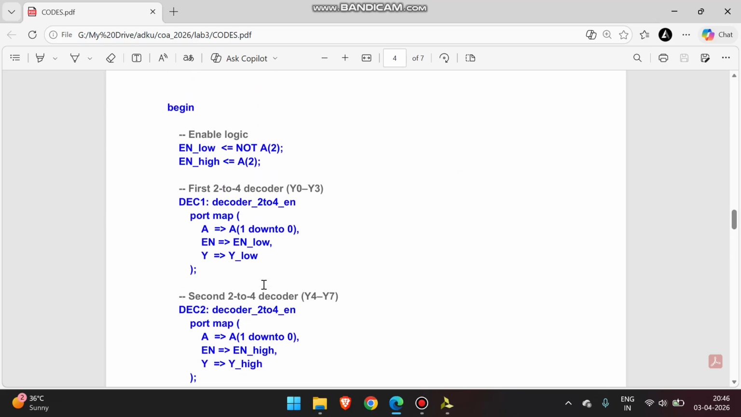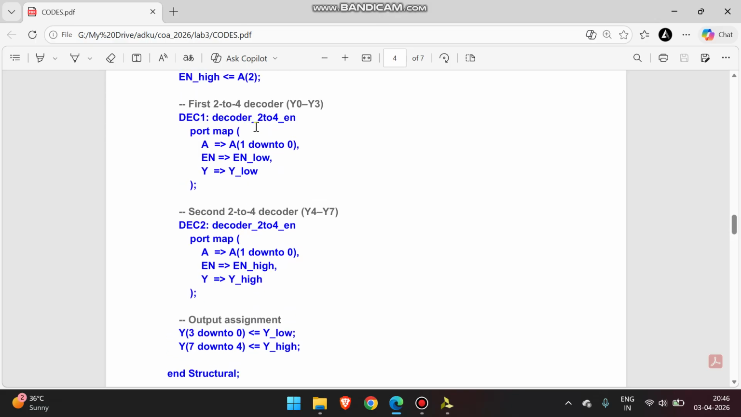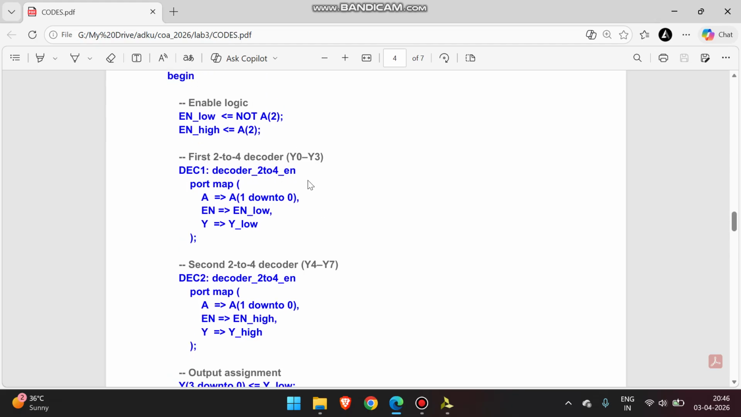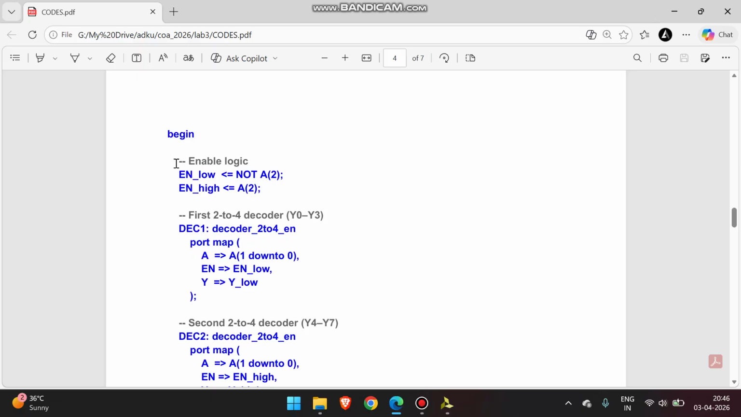and after doing that we have to call the component we declared, that is decoder 2 to 4. So for creating a 3 cross 8 decoder we need two 2 cross 4 decoders. So calling will be done 2 times. So copy this complete code after begin,